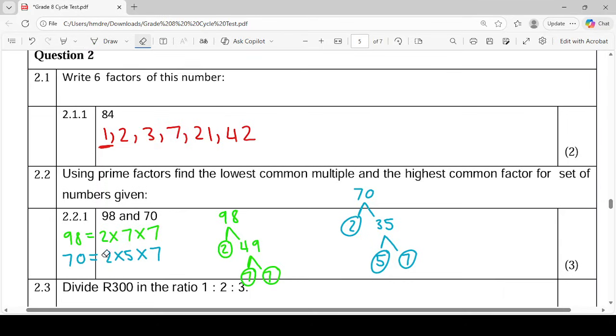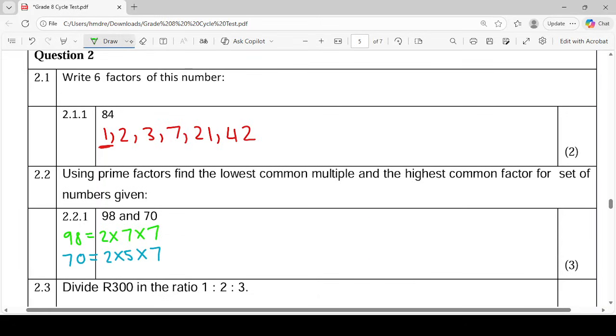Okay, and then once we've worked this out, we would use these to find the highest common factor and the lowest common multiple. So the highest common factor,